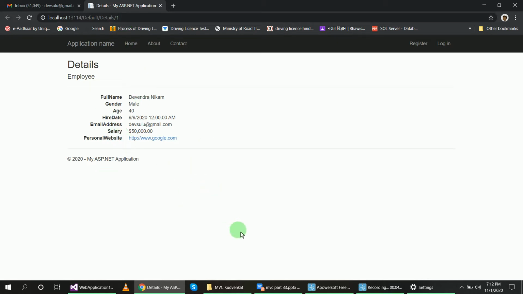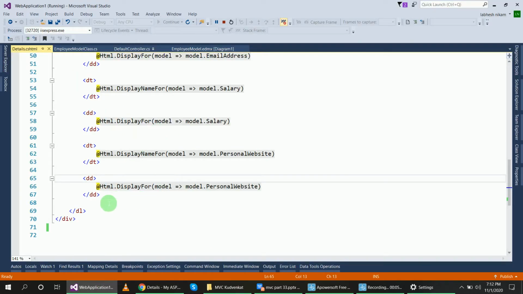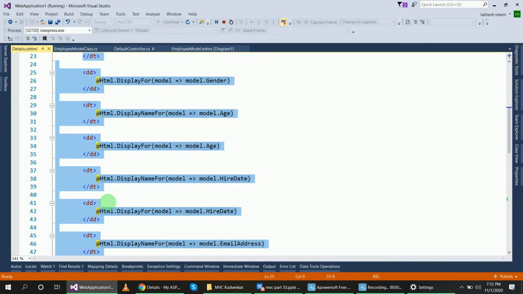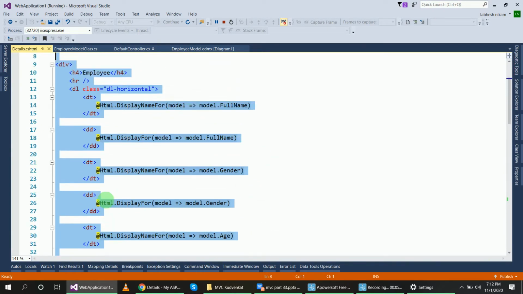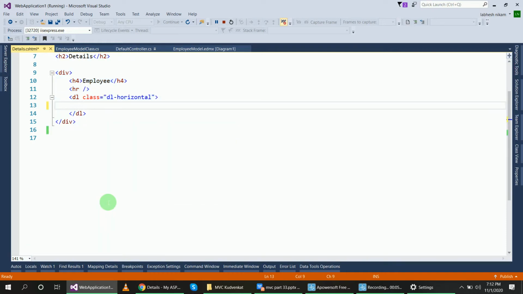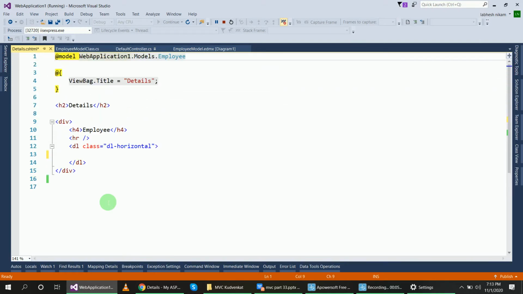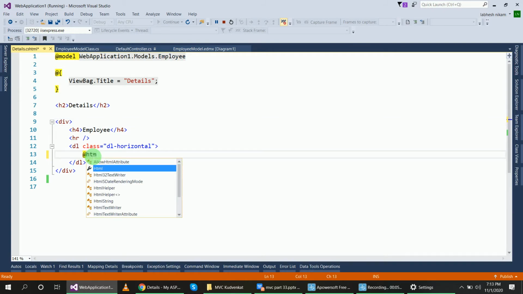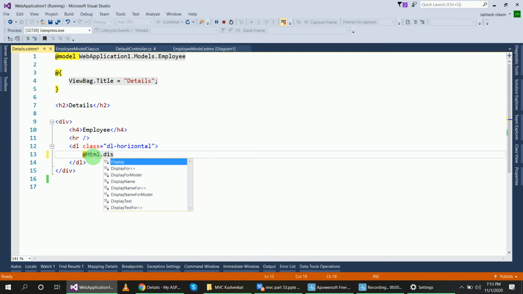Now I will use DisplayForModel. For that I will delete all the controls, and inside of this I will write DisplayForModel. This DisplayForModel will use this employee model, so @Html.DisplayForModel.